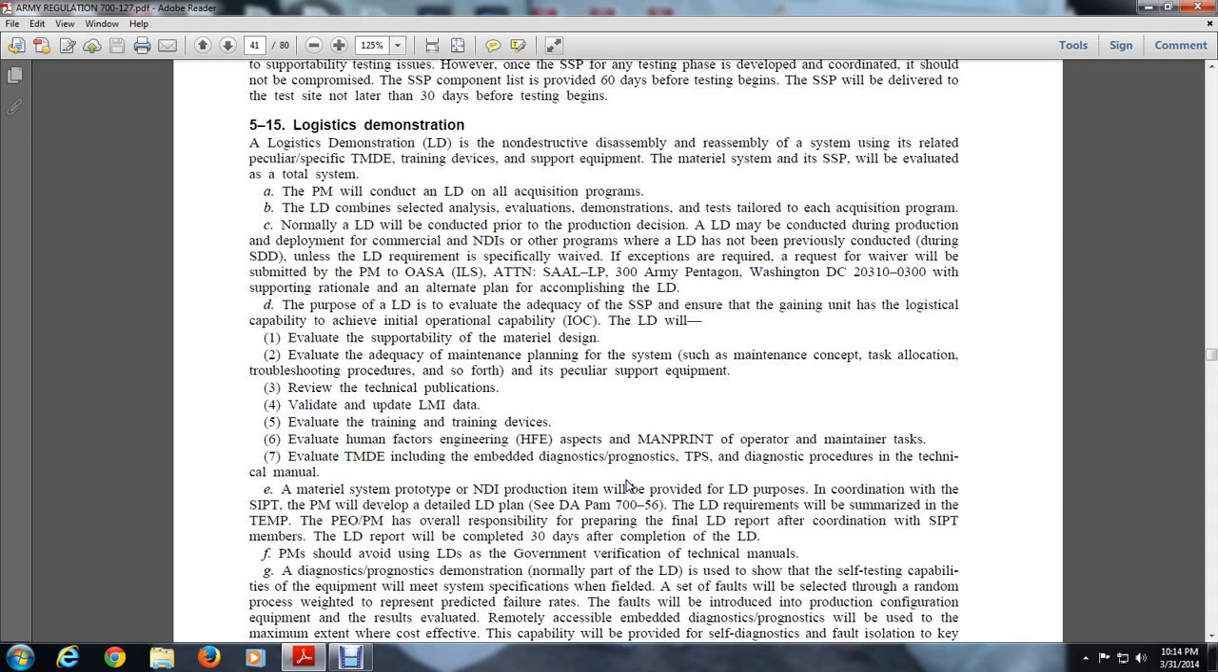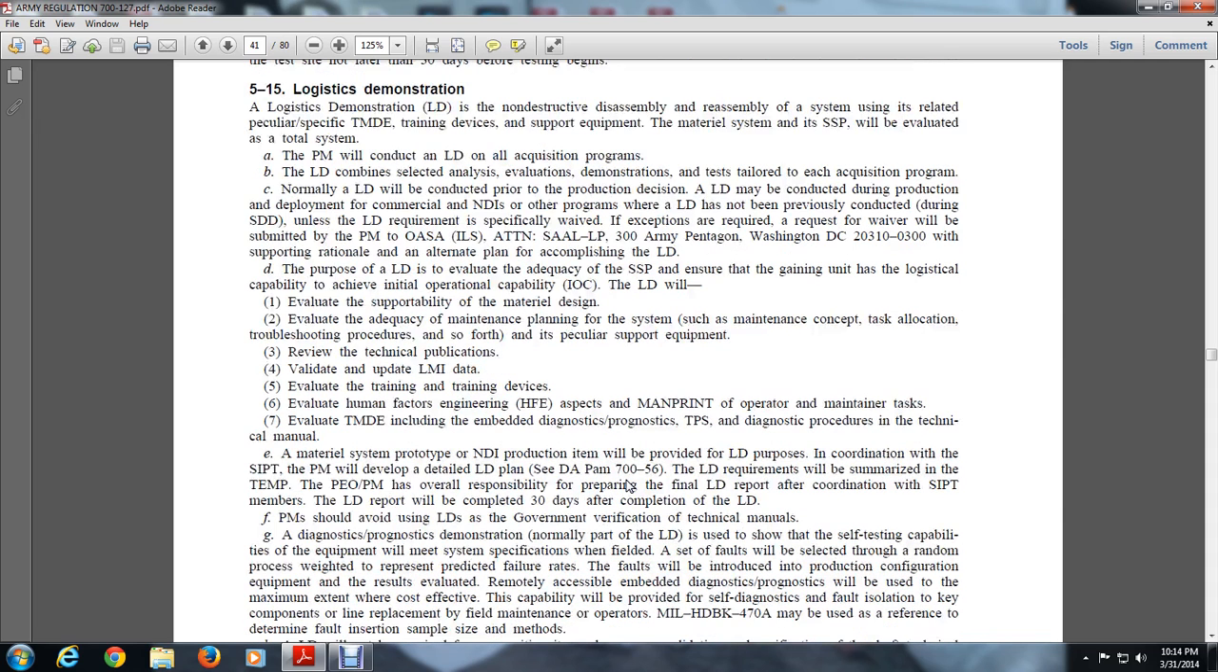The program manager should avoid using logistic demonstrations as the government verification of technical manuals. For the diagnostic and prognostic demonstration, normally the logistic demonstration uses the following: the testing capabilities and equipment will be met in system specification. Fielding is a set of faults selected through a random process, with weighted representation as predicted. The faults are introduced into the product configuration